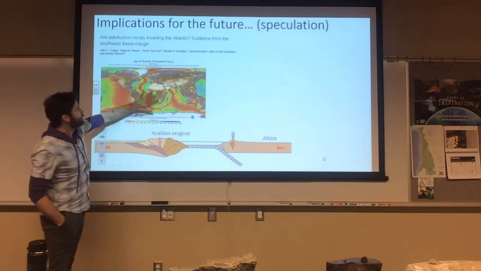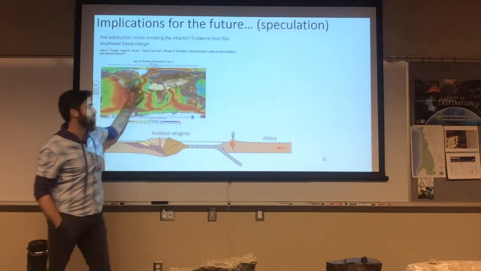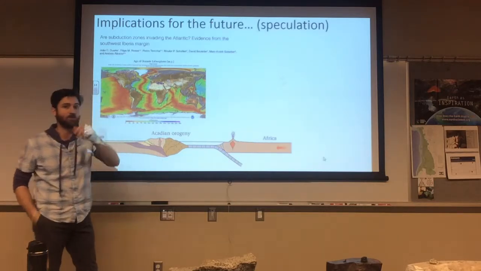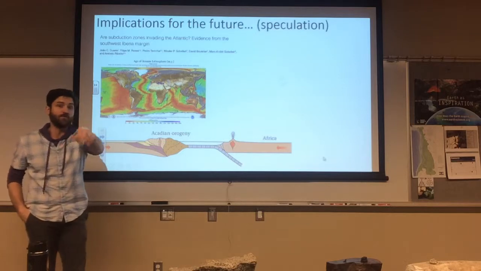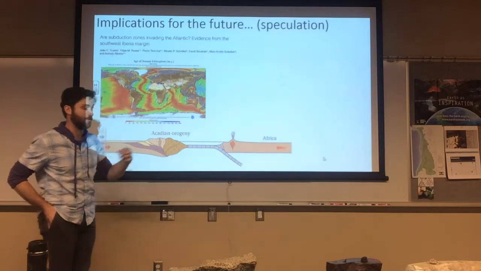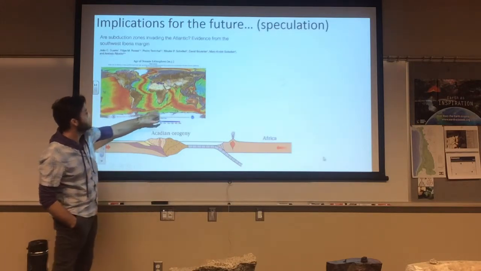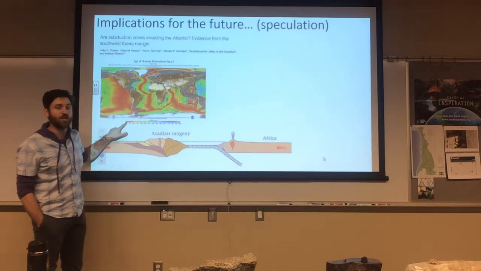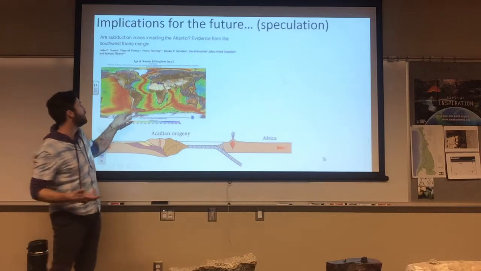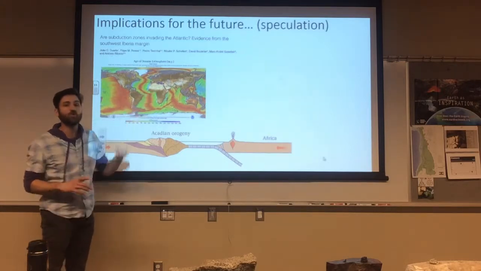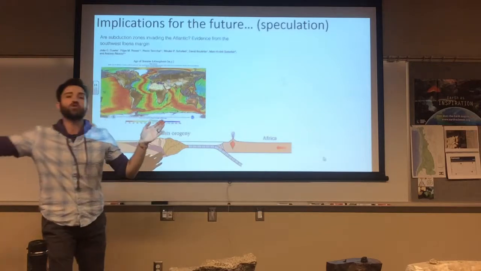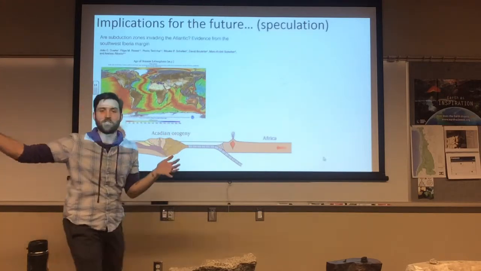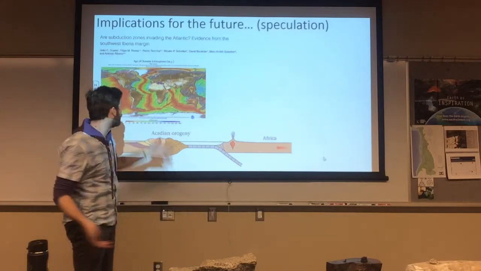Now, first of all, I want to point out my speculation about this. If we look at a map of the age of the oceanic crust worldwide, I realize this map shows up really small on the video screen, so make sure you're looking at the lecture slides posted online. In this map, you can see the red colors are really young oceanic crust, 0 millions of years old. The purples and the blues, the cooler colors, are the oldest oceanic crust that's out there on the surface of the Earth, at 270 million years old.